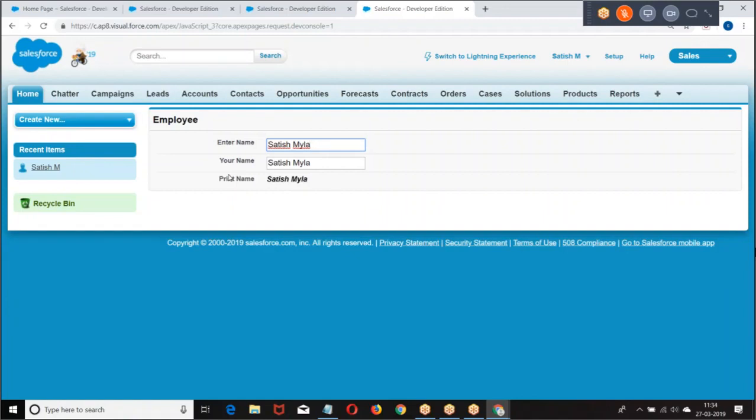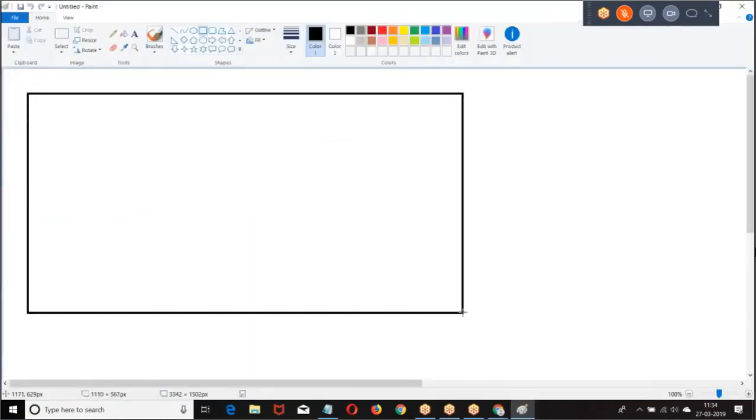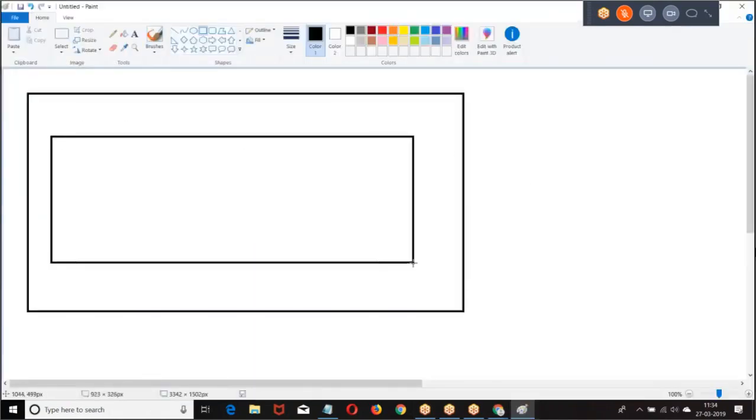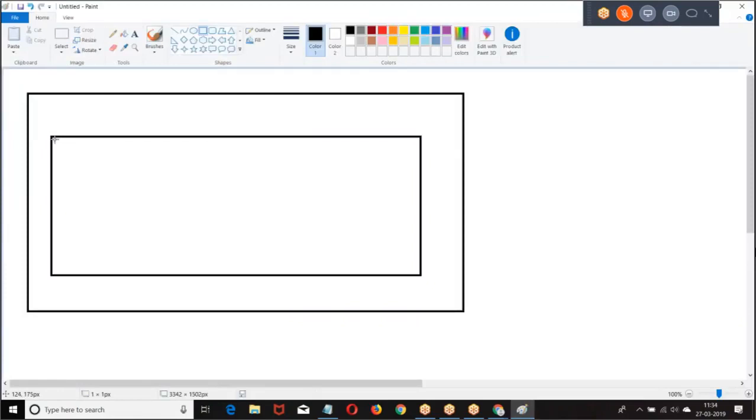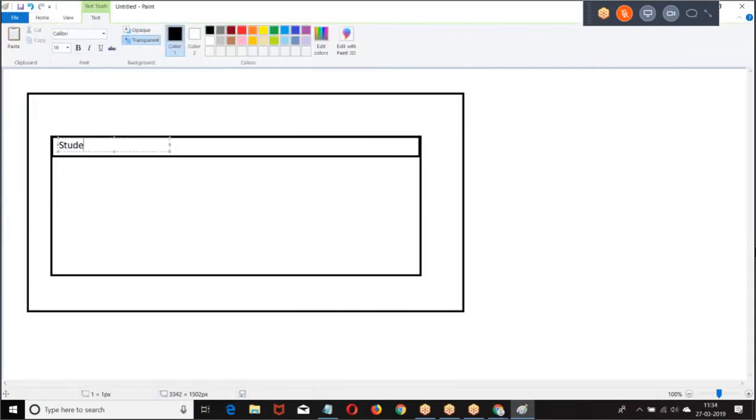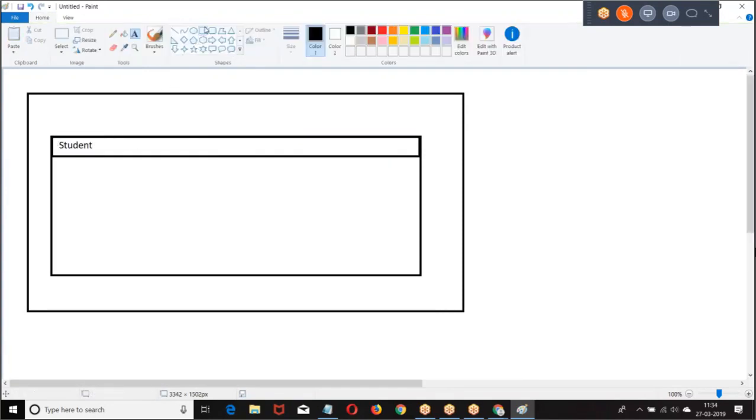So, let us do an example. Look at this. I have a page. In the page, I have a page block. In the page block, I have a page block section.